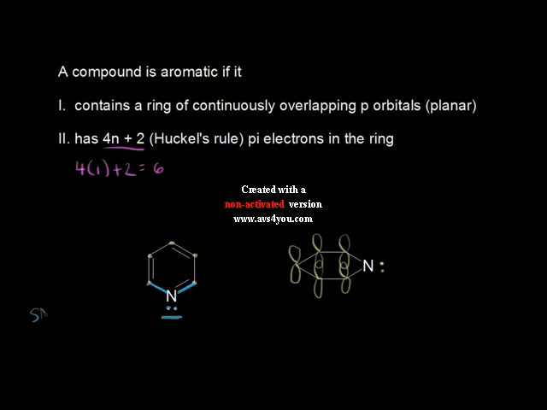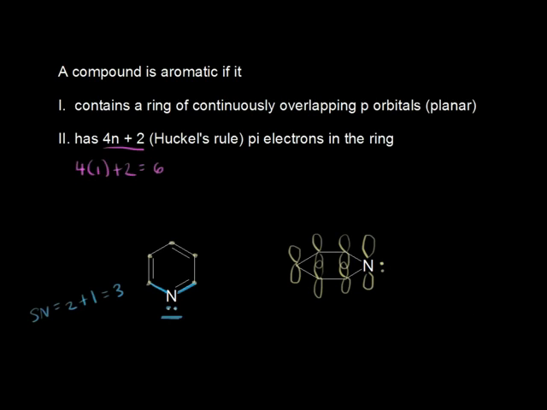So the steric number is equal to the number of sigma bonds, which is 2, plus number of lone pairs of electrons, which is 1. And so the steric number is equal to 3. So this nitrogen must have 3 hybrid orbitals, and therefore it's sp2 hybridized. So it has 3 sp2 hybridized orbitals, and therefore 1 p orbital. Right? So an unhybridized p orbital. So this nitrogen is also sp2 hybridized,